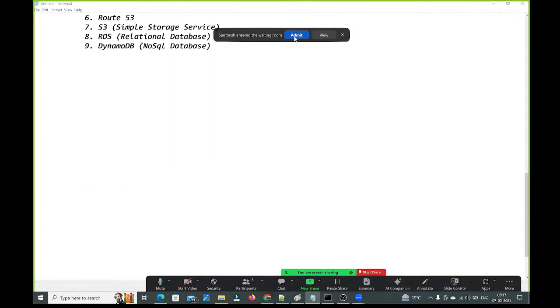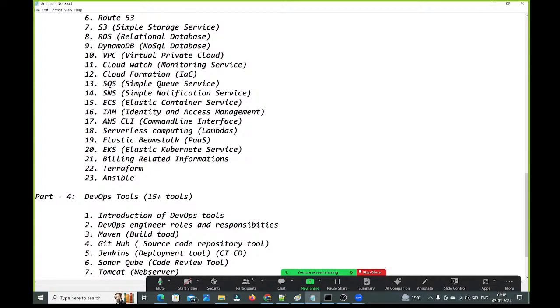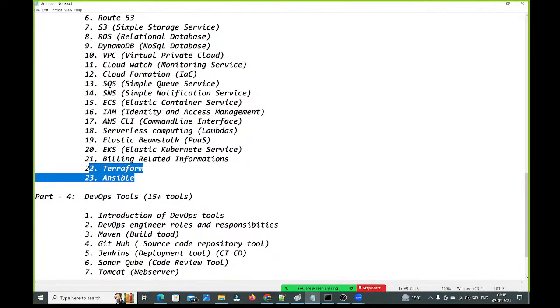Okay, next, guys. Here we are discussing Terraform and Ansible. Actually, in previous batches, guys, I discussed Terraform and Ansible in the DevOps tools side, but now I'm going to cover Terraform and Ansible in AWS only, guys. At the end of the AWS, I will cover this Terraform, guys. Why? Because I told you, for Terraform, everyone should have the experience of how to create the resources using the user interface. Suppose I put Terraform in the DevOps tools, then by the time you come here, you will forget all the things you did, guys. That's why I have added Terraform here only.